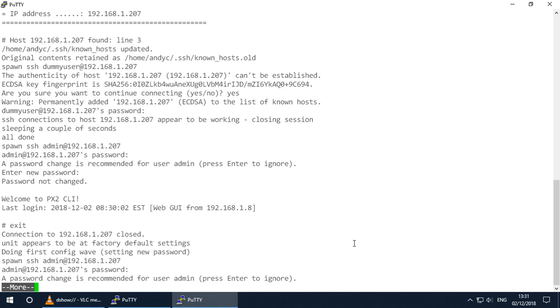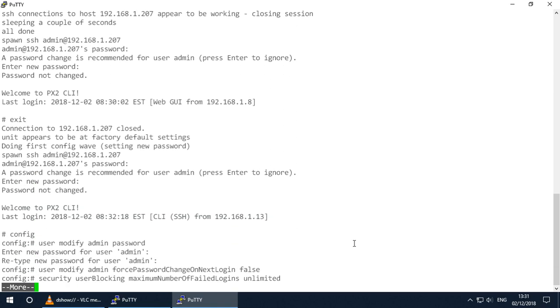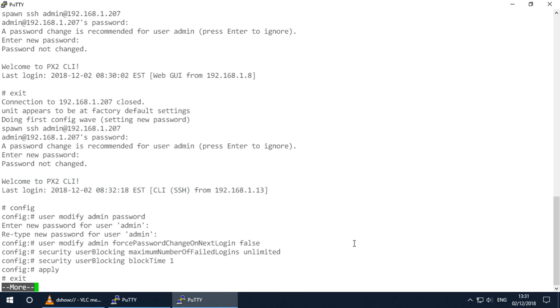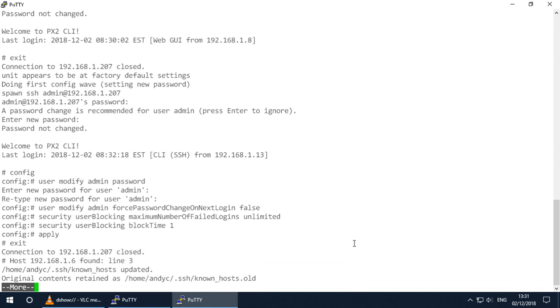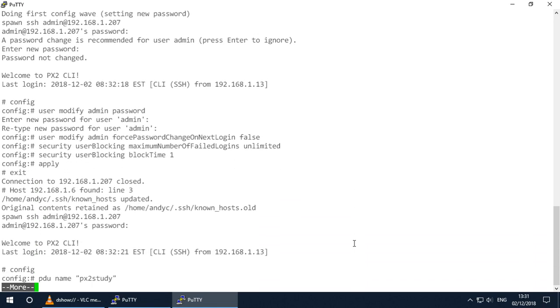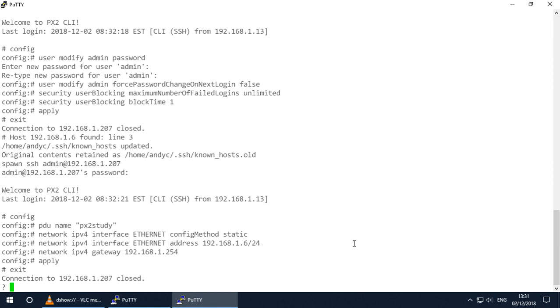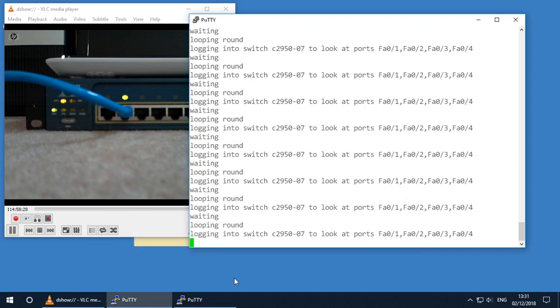We then do a third login, and this third login starts to issue some configuration commands. It sets a new administrator password, and it sets some other security settings as well. Then we log in a fourth time, and this time it configures the device. It gives it a name. It changes the configuration method to static, and it assigns an IP address with a subnet mask and a default gateway. So all being well,